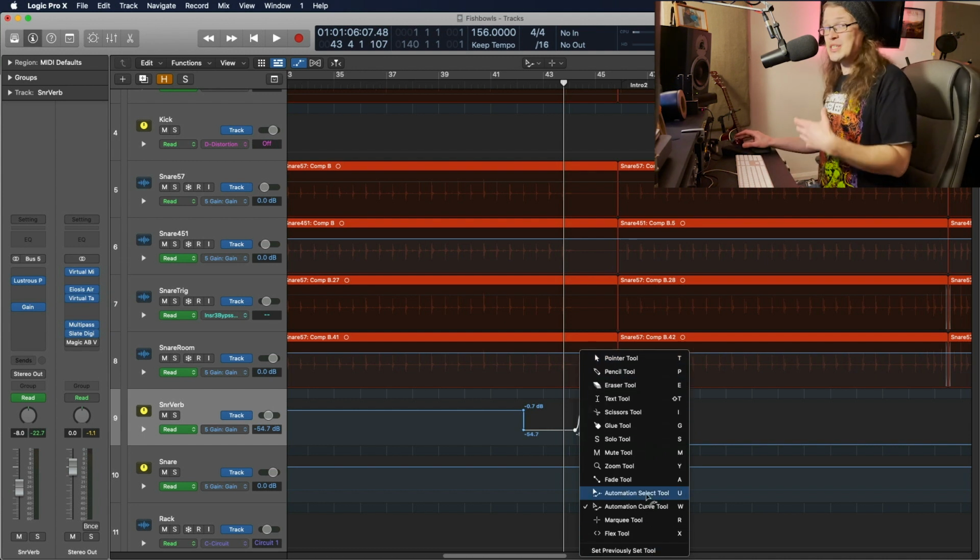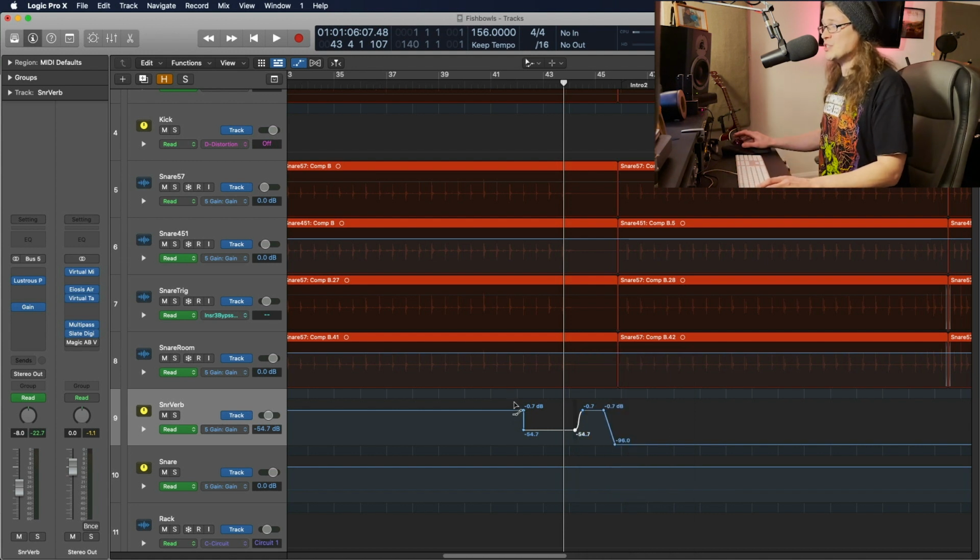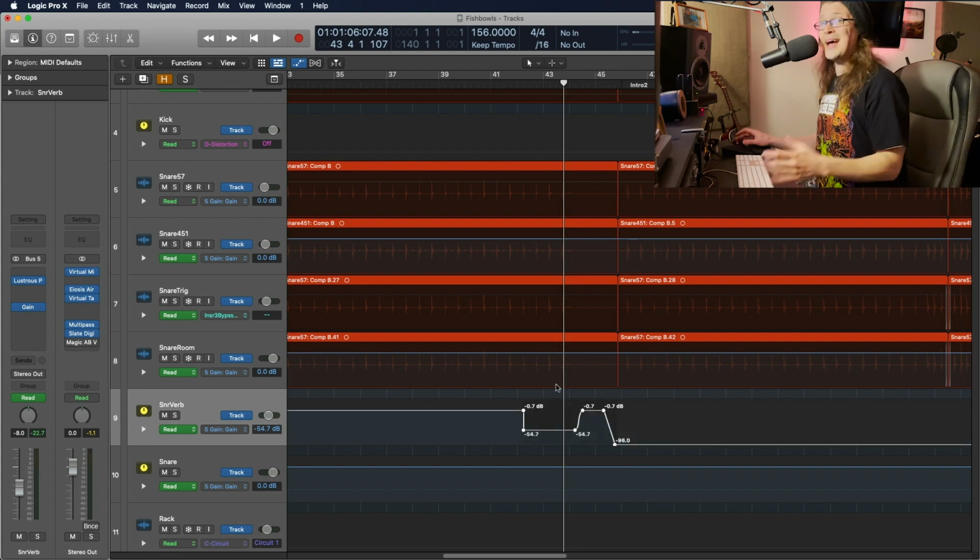And then if you want to delete your automation, you can just press T and you can press U and you can select your automation. Select all the automation and let's get rid of it. Talking of deleting